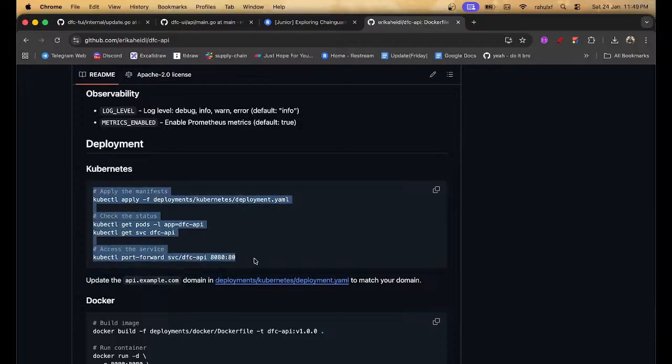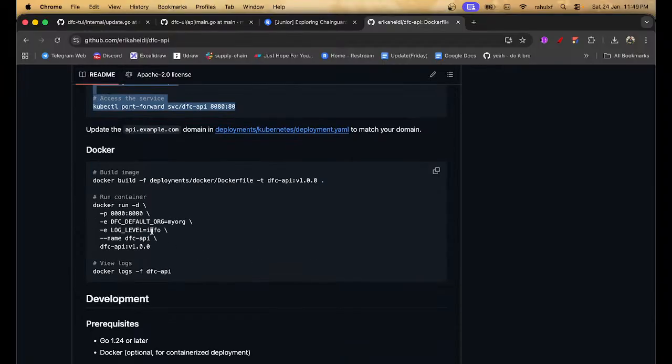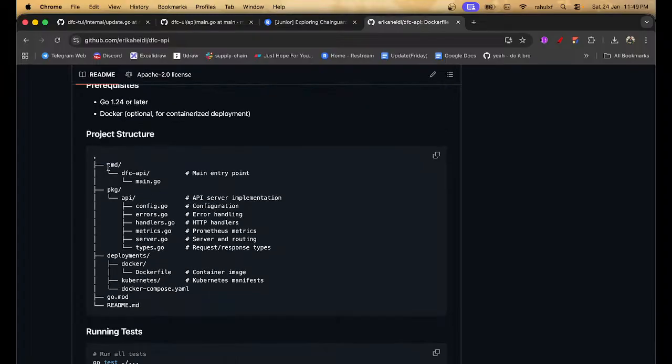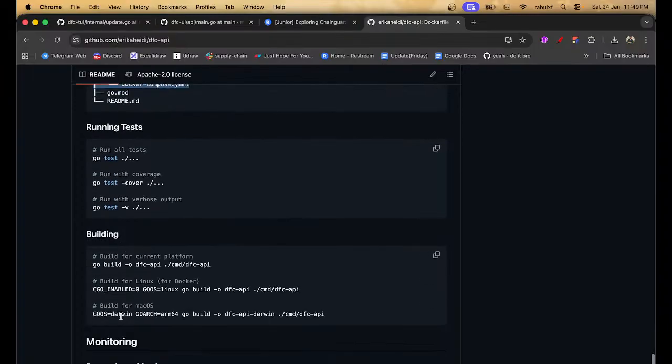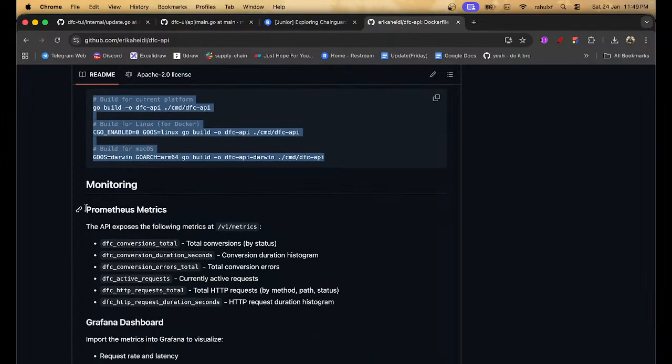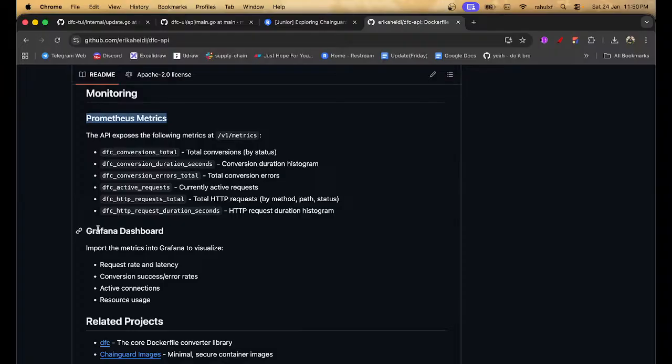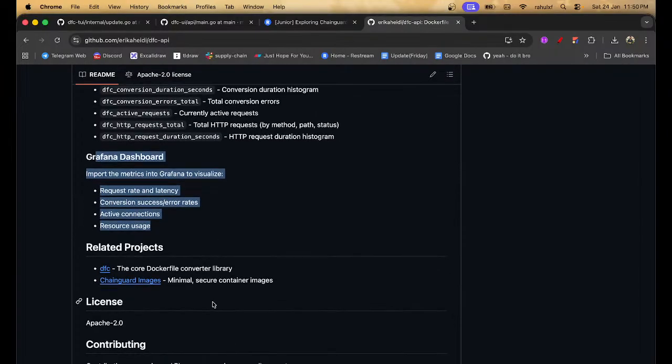You can also go inside Kubernetes, and inside Kubernetes you can build it. There was no problem in it. So if you see the cmd, then the API has a configuration, HTTP server, handler, metrics, types and then deployment. And this one is this. We can also go with Prometheus. There's also Kafka. So yeah, that was